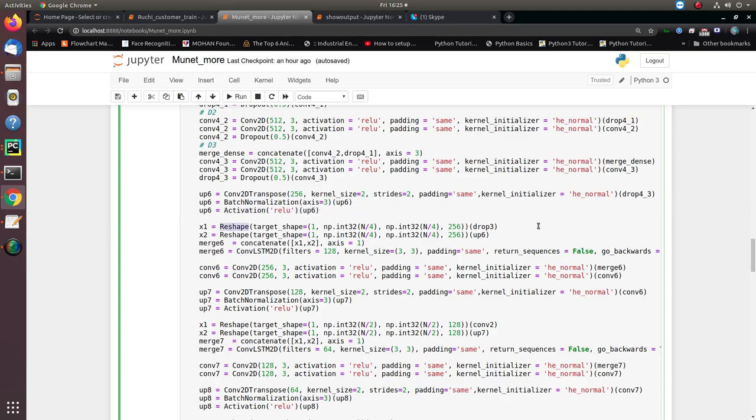Concatenation is used for concatenating all the useful features we get after downsampling and upsampling of the image. After this concatenation we apply the latest method available in Keras, convolutional LSTM 2D.